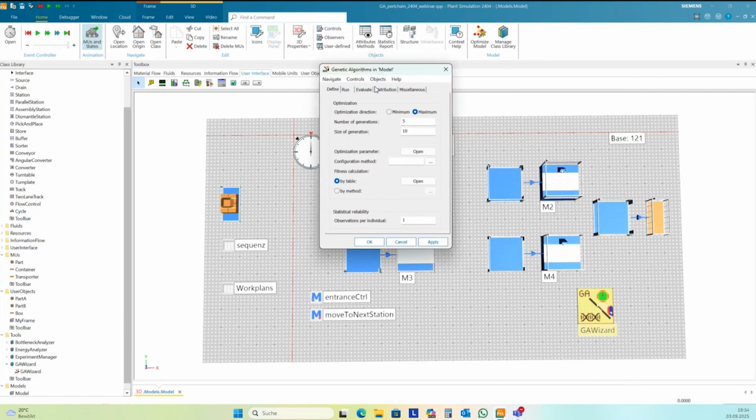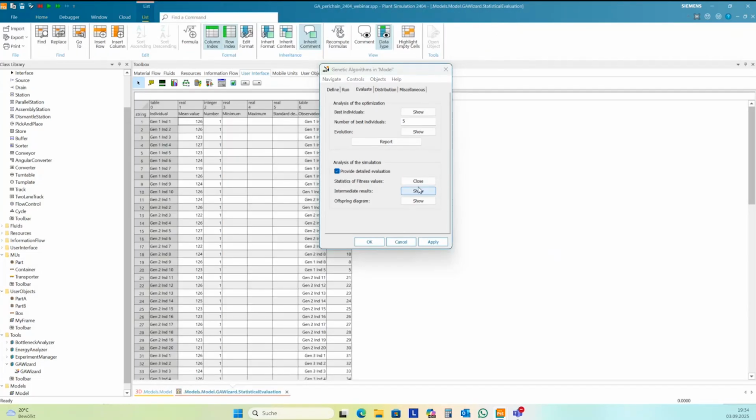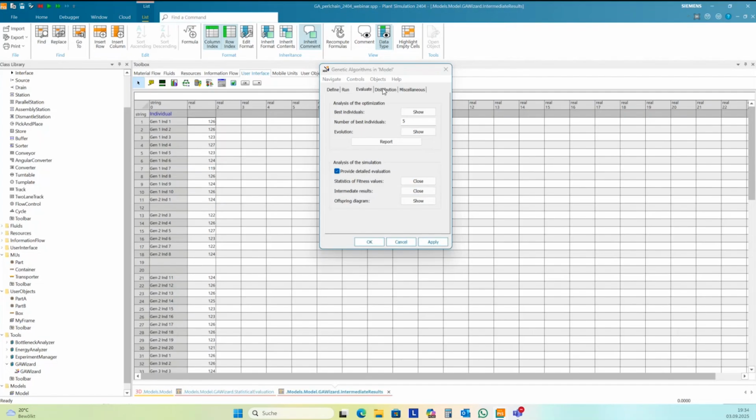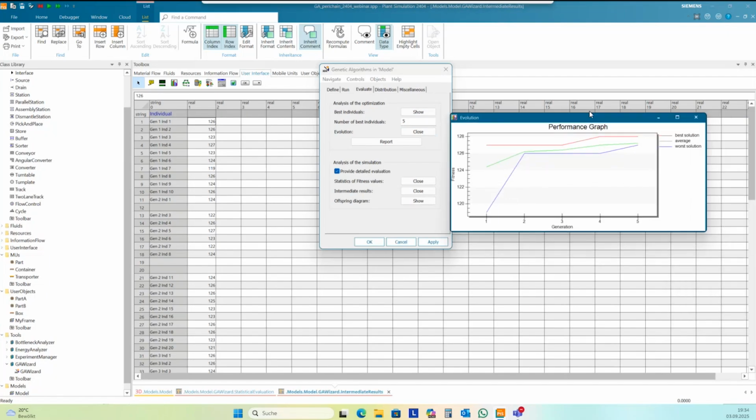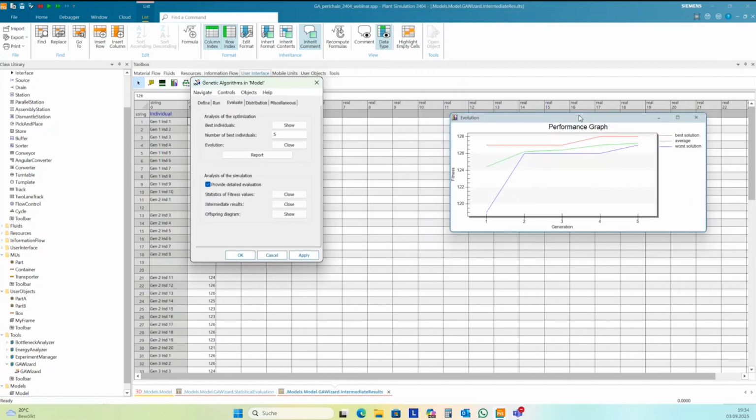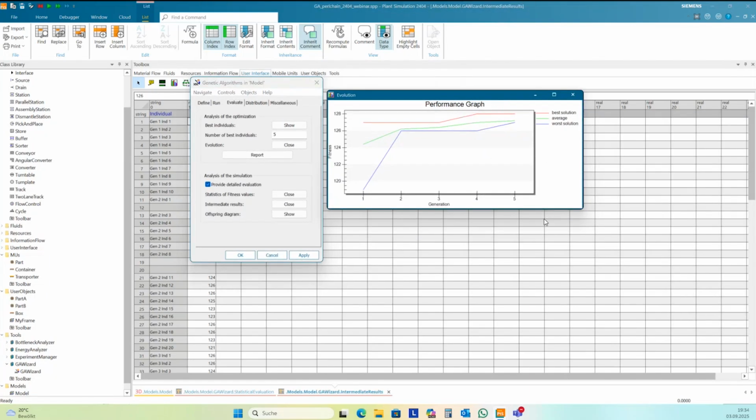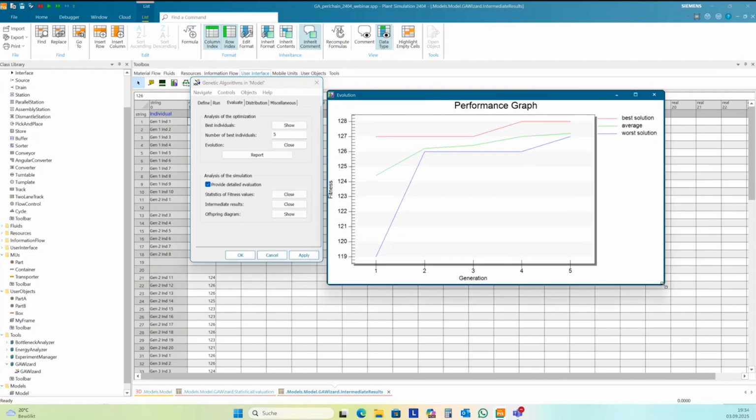And you have some visualizations here. If you can show, you can see the evolution of the solutions to see, okay, it's going to be the best here.